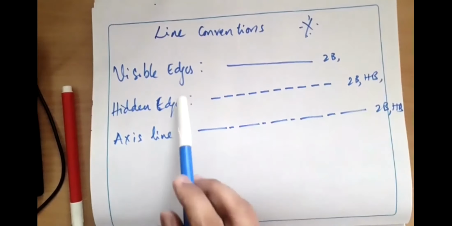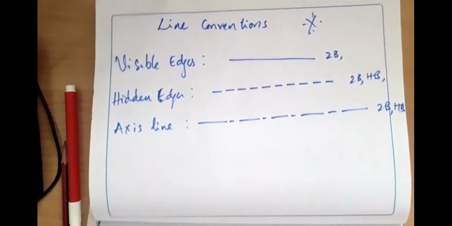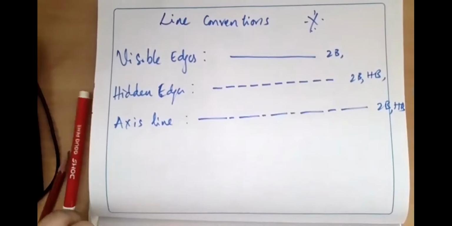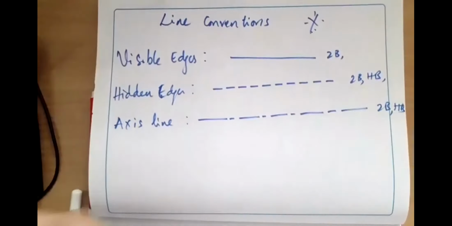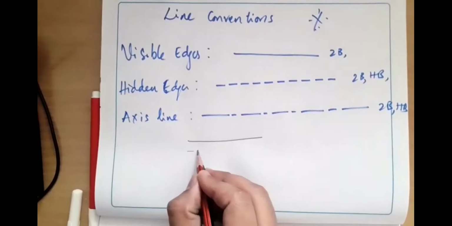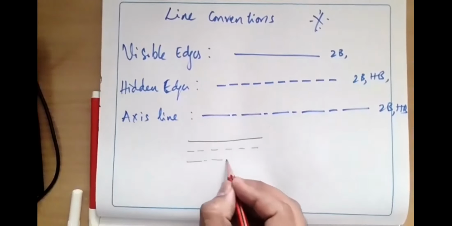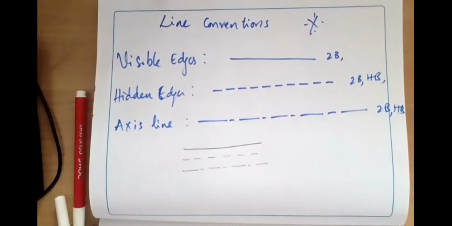Very, very important. Visible edges must be dark. So using these conditions, you are going to solve the problem and use these parameters. That is why, and nowhere you are going to use dotted lines or something like that. You have to use these visible edges like this using pencil. Visible edges will be made dark, and hidden edges will be made like this, which are edges which are not seen. Axis line have to be mentioned in such fashion only. So wherever the positions are joining, there only you have to mark it accordingly.